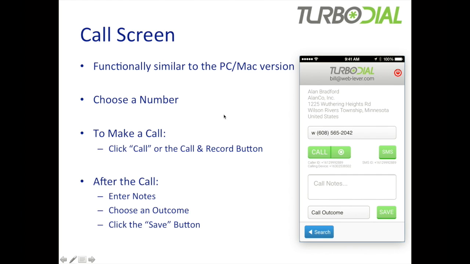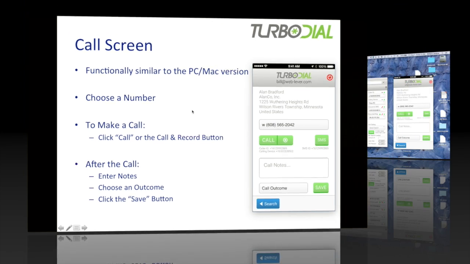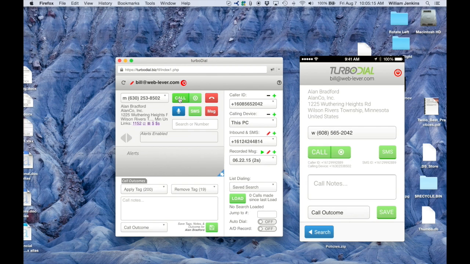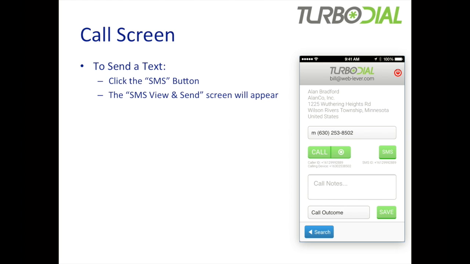Let's compare this functionality to the PC Mac version of TurboDial. You can see I've got a call button and a call and record button. I can choose phone numbers here. I got an SMS button. I can leave a call outcome. I can choose a call outcome to be left. I can enter notes. So those features on the PC Mac version of TurboDial are also available on the mobile version of TurboDial. Also on the call screen is a SMS button that I can use to send a text